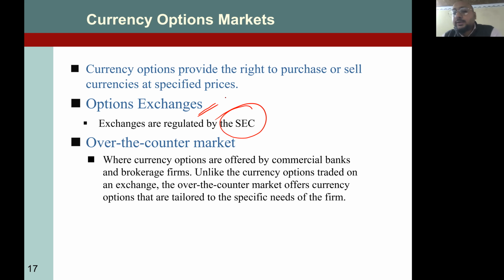Maybe some financial institutions do that, but if they are issued on exchange, then they are more regulated. So remember, that one is more regulated and has a lesser credit risk. Okay, good. So over-the-counter markets, like I said, is where currency options are offered by commercial banks and brokerage firms, unlike currency options traded on